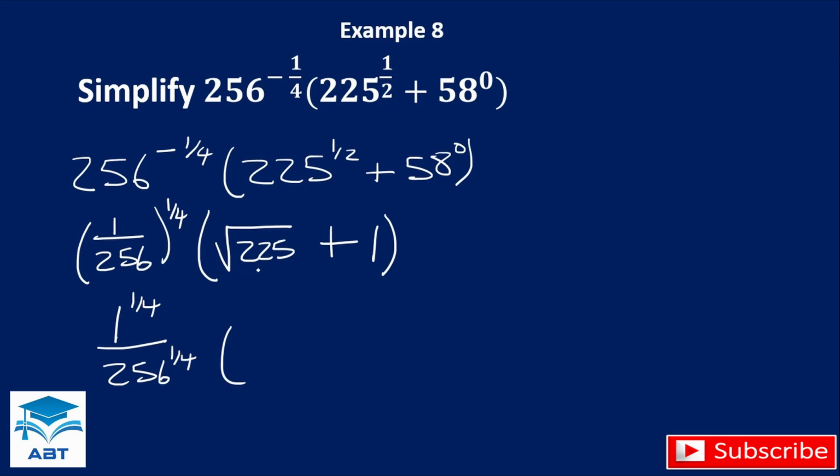The square root of 225 is 15. And 1 exponent 1 over 4 is 1. So we have 1 over